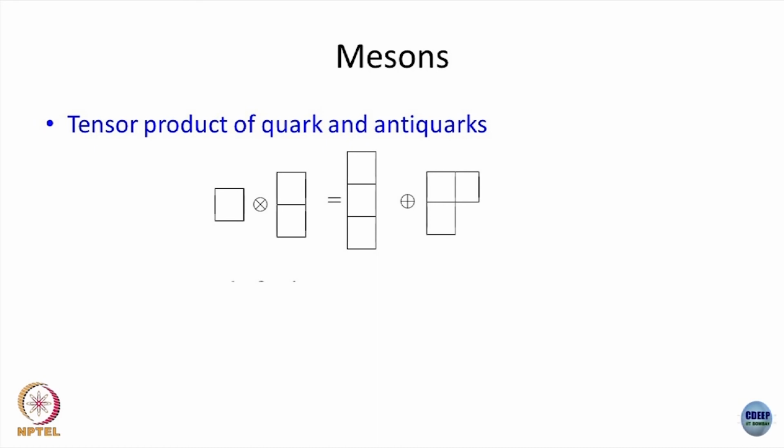Similarly, mesons are bound states of quarks and antiquarks. Mesons are baryonic or fermionic or bosonic? It is bosonic. It is a bound state of a particle with an antiparticle. Okay. Now, I will leave it to you to see what should be happening and what is happening in the experimental scenario for mesons.